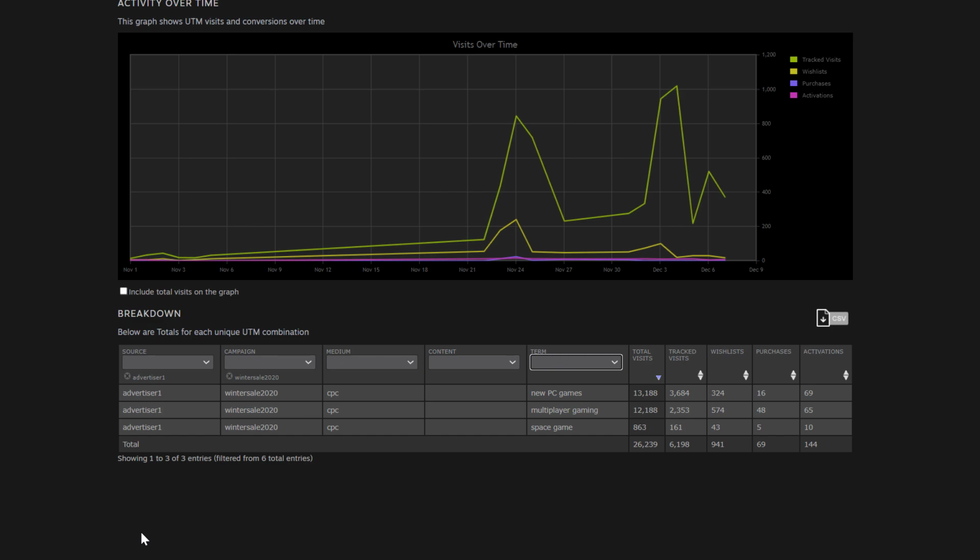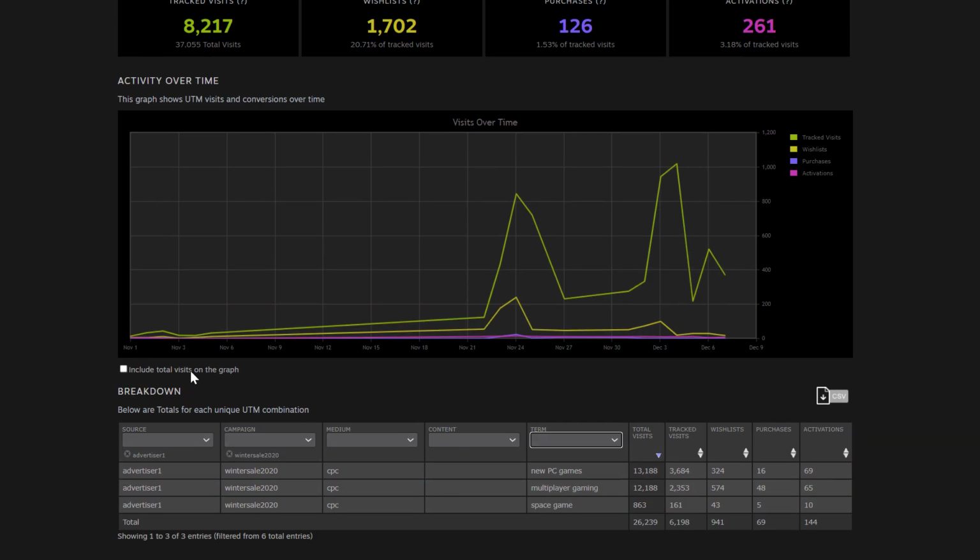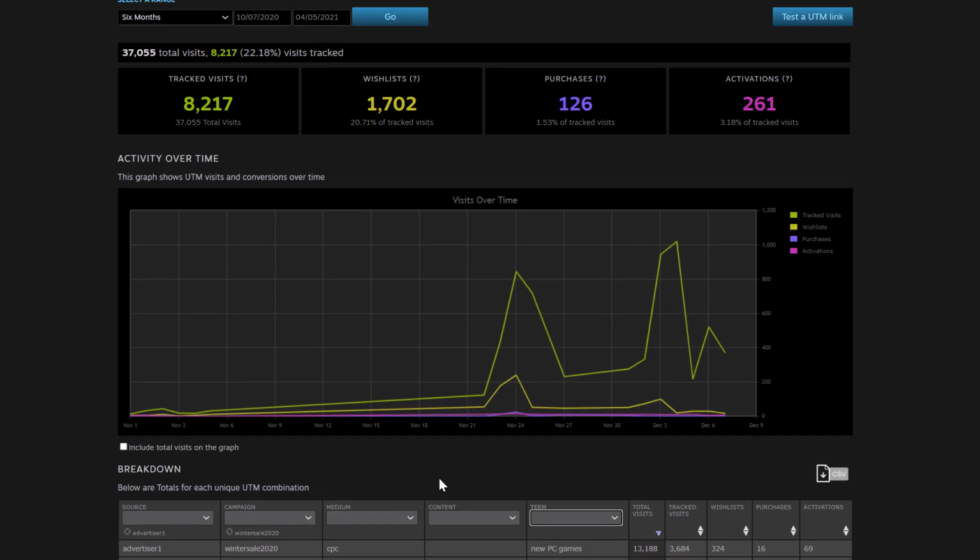And then if we scroll back up on the page, we can see that graph based off of the breakdown of information that you have. In addition to that, you can also select a CSV download option, and you can easily import that CSV file into the analytics tool of your choice.